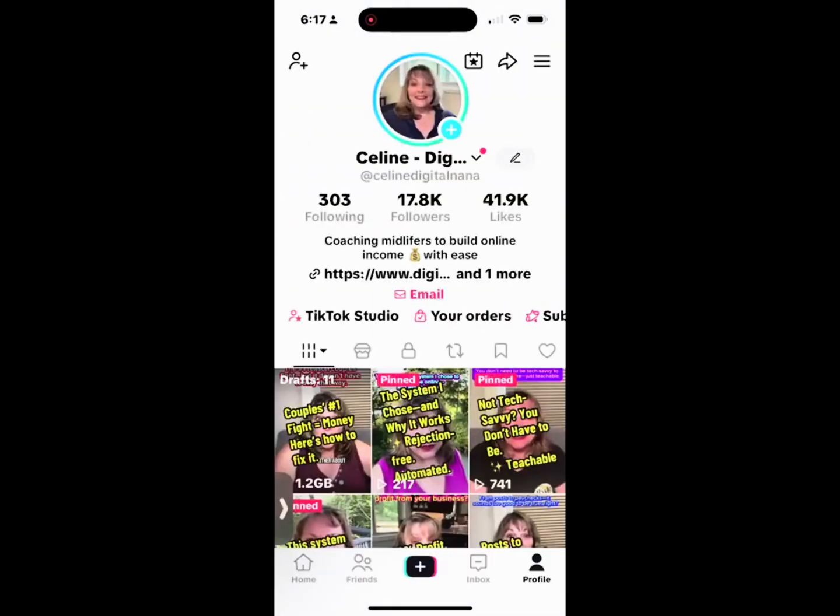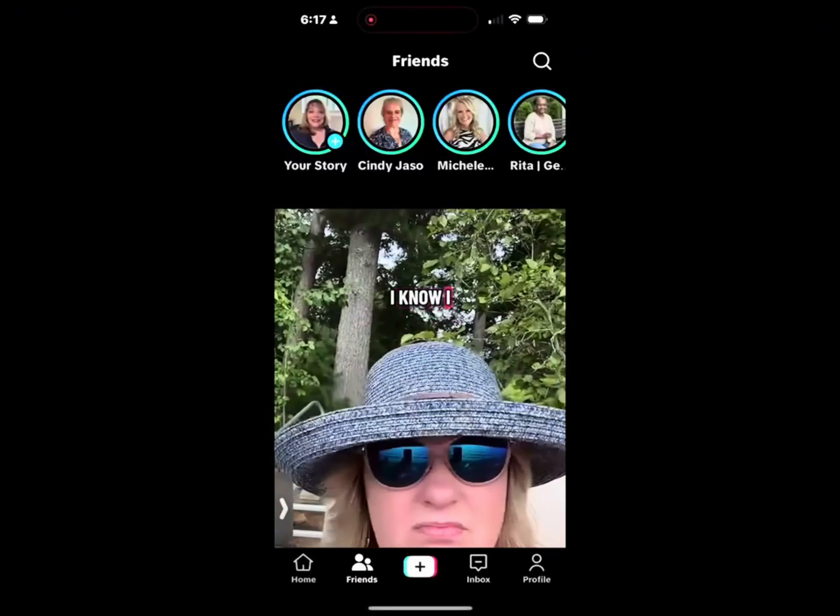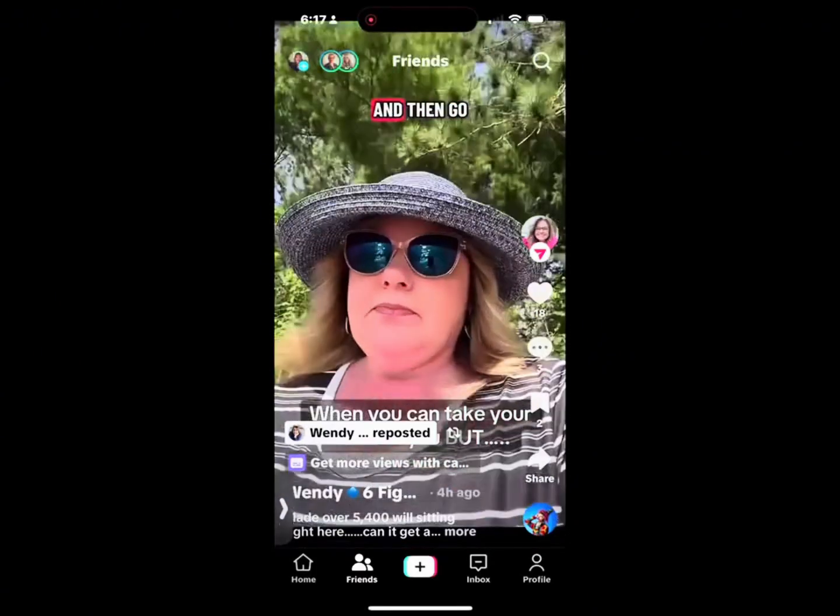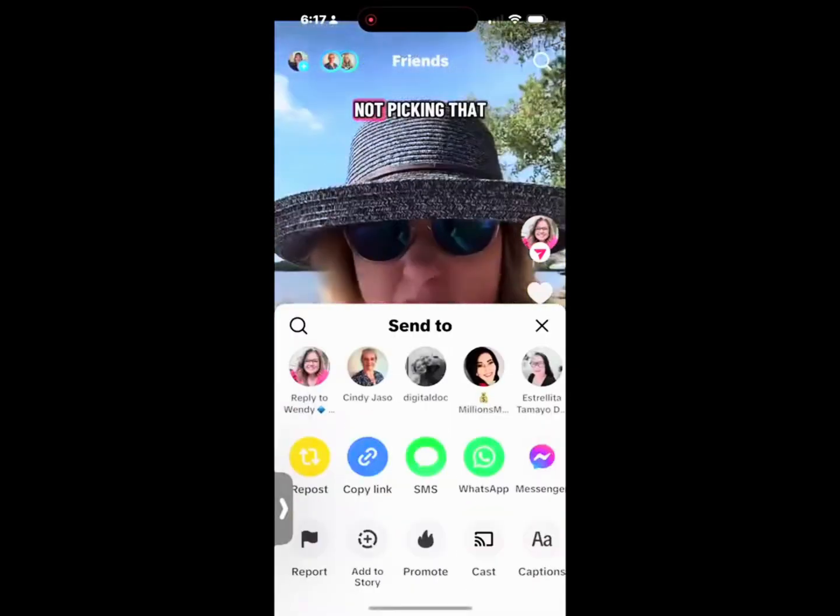Manage duets and stitches. Let's give the duet a try. Let's just walk through it. So the first thing you want to do, I'll just click on friends because I need a video of somebody else's. So I'm going to click on friends, and then I'm going to click the share button,